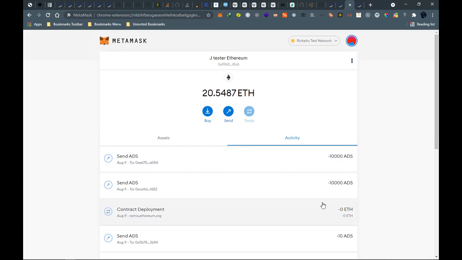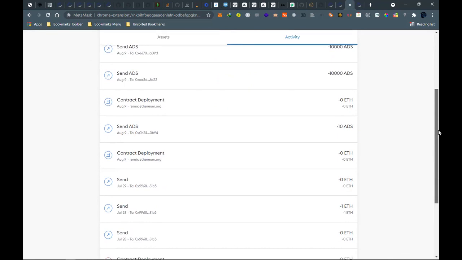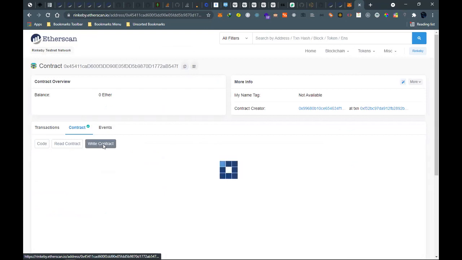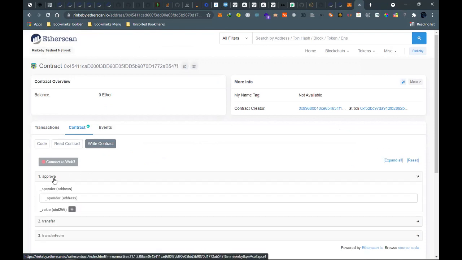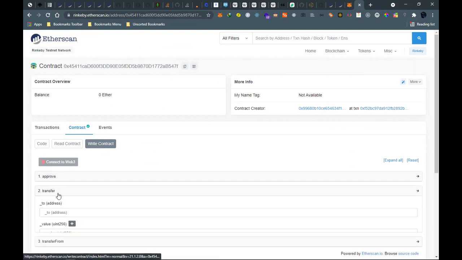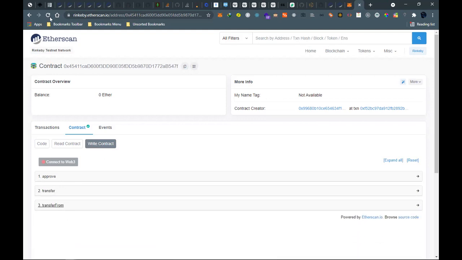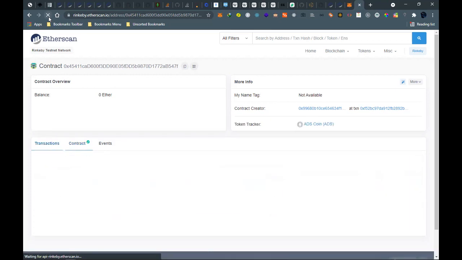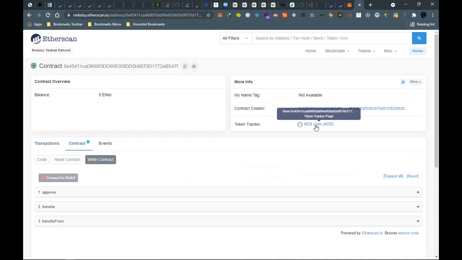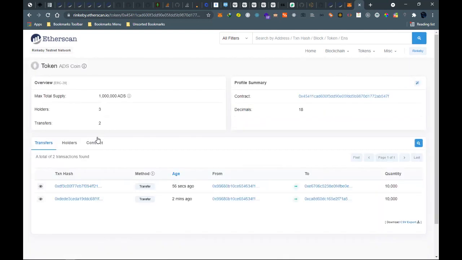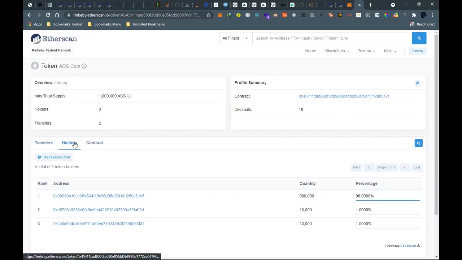So that's how you create and deploy a contract, and also verify a smart contract, and then we can see the functions that we have created. So we have approve, and then we have transfer. If we now refresh our token and go to the token tracker, we should have 3 holders.